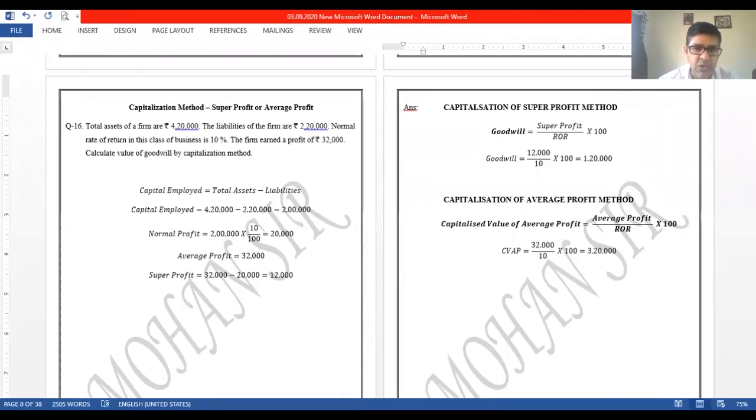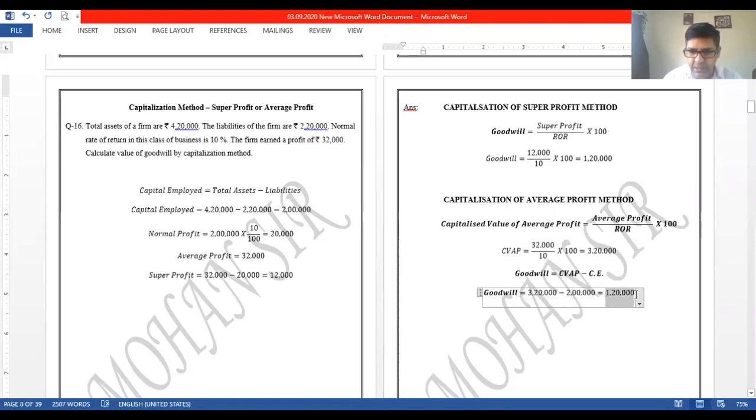Capital employed, we all know that is 2 lakh rupees. So over here, I can apply the formula for goodwill, right? Goodwill is equal to, the formula was, capitalized value of average profit minus capital employed. Okay, capitalized value of average profit minus capital employed, right? So the capitalized value calculated is rupees 3,20,000, right? Minus capital employed, which can be seen as rupees 2 lakh. On the left hand side, we already calculated it earlier. So the difference is 1,20,000, correct?